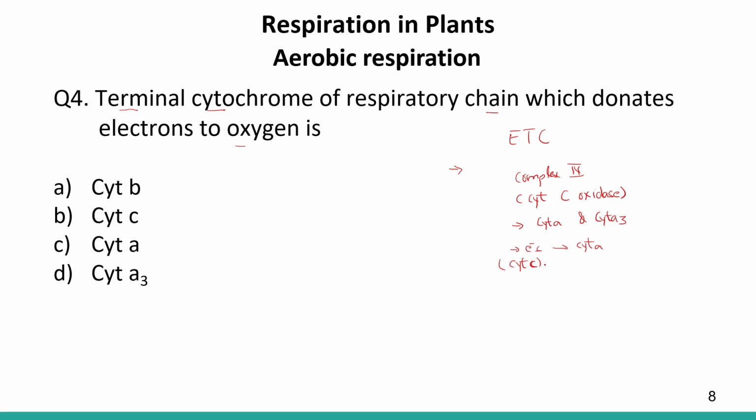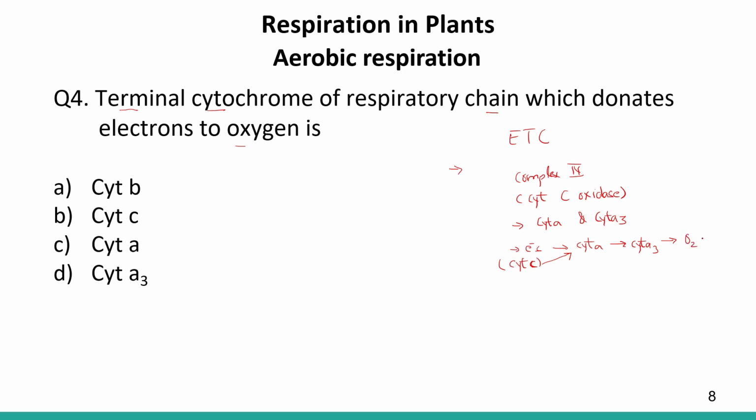This cytochrome C donates electrons to cytochrome A. Cytochrome A further donates electrons to cytochrome A3, and finally cytochrome A3 delivers the electrons to